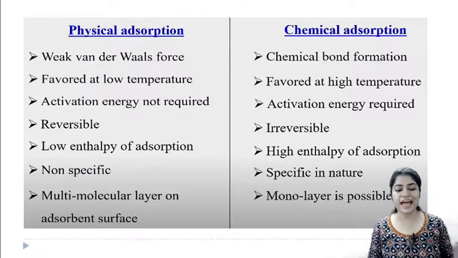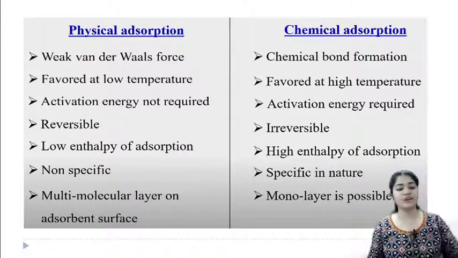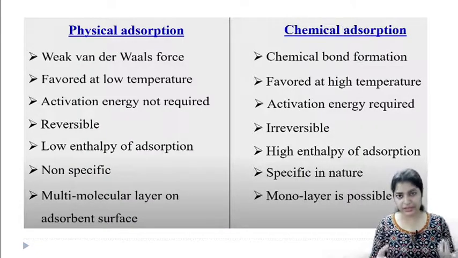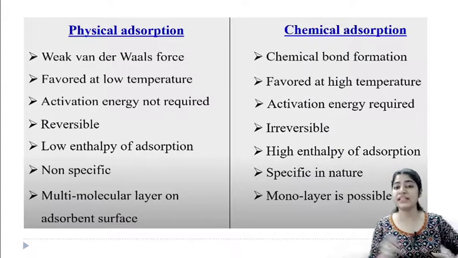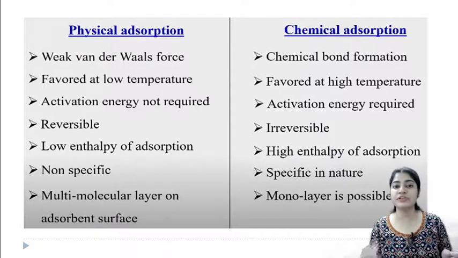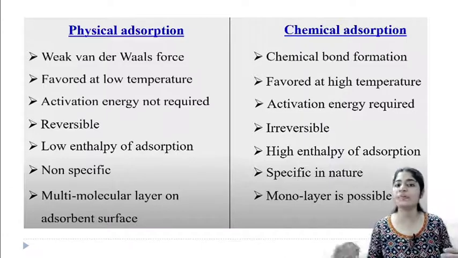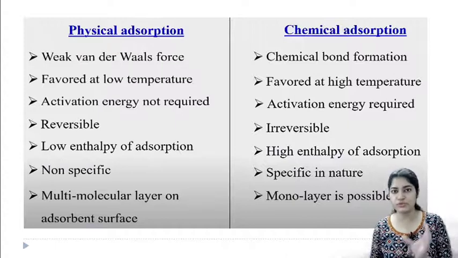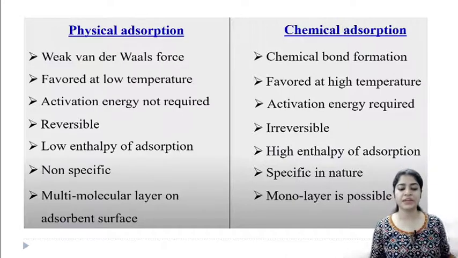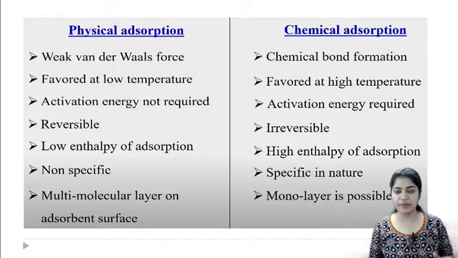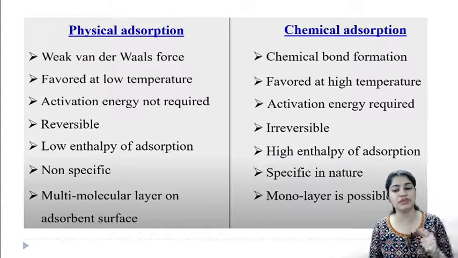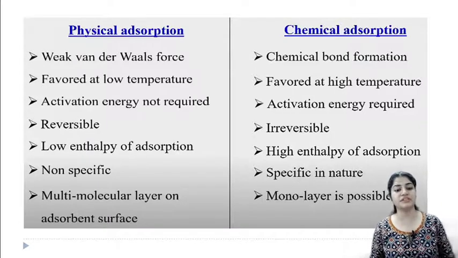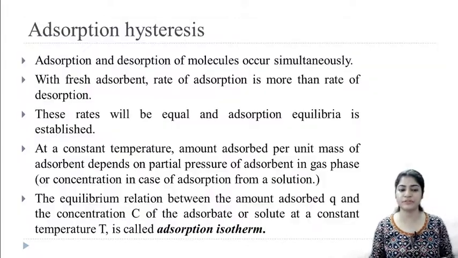Physical adsorption can be non-specific, okay? If your adsorbent has the tendency to adsorb a given adsorbate, then this process will occur. Whereas in chemical adsorption, a chemical bond is formed, a kind of chemical reaction, so only with certain adsorbent and solute molecules will this reaction occur, right? Multilayer is possible on the adsorbent surface for physical adsorption, whereas for chemisorption only a monolayer is there. So these are the certain points about the difference between physical and chemical adsorption.